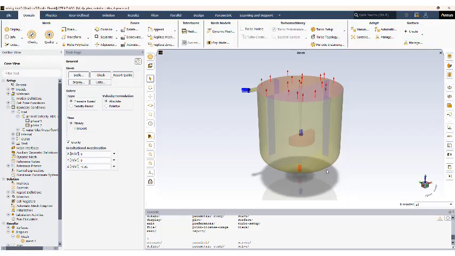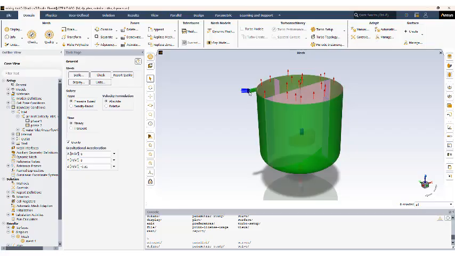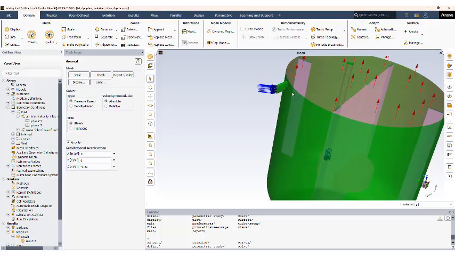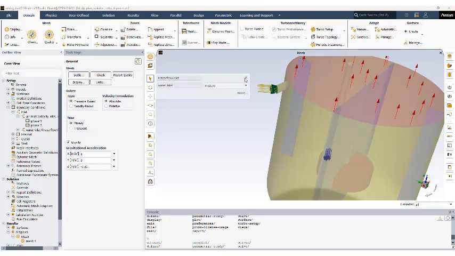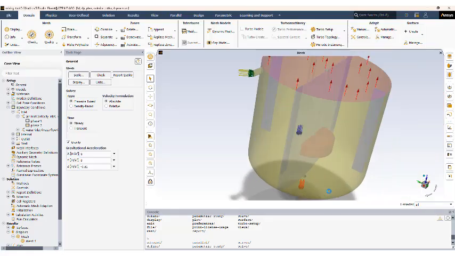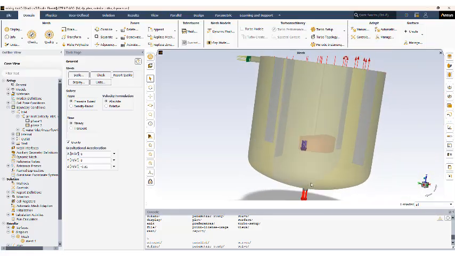ANSYS library actually, and I added a few inlets for water flow. So water is the primary phase in this model. It's allowed to move from the top, as you can see here, from this inlet. If I can properly select it right here. So this is the inlet for water, and then the outlet for water is mainly at the bottom of the